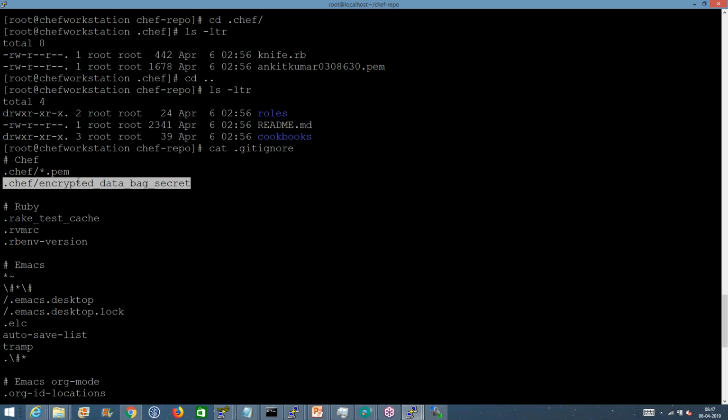Okay, that way whatever configuration you are pushing to your repository is not compromised. This is from the security point of view. Always remember that you have this .gitignore in place before you commit all the Chef code into your own repository. Okay,